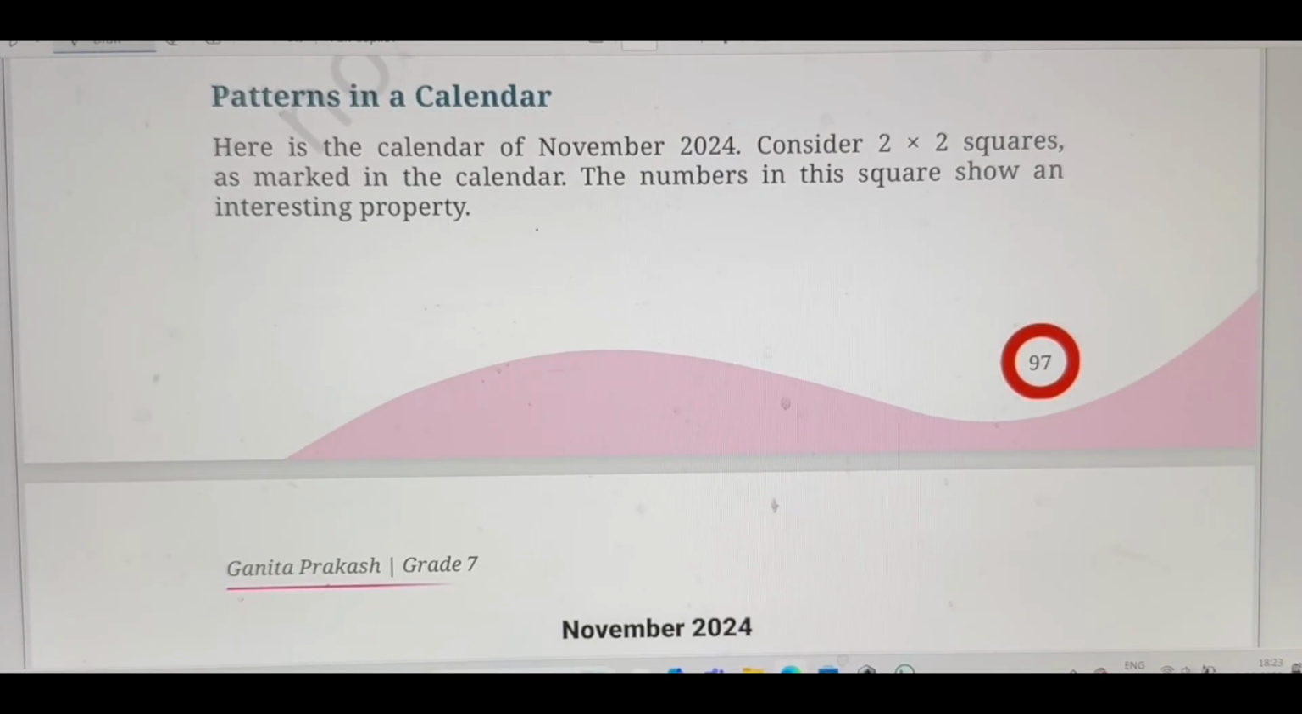In this video, we are going to continue with chapter number 4, Expressions using Letter-Numbers, of grade 7 mathematics of the new NCERT textbook Ganit Prakash. So we are going to understand and learn some new patterns in a calendar. You can pick up any calendar. Here they have taken the calendar of November 2024 and